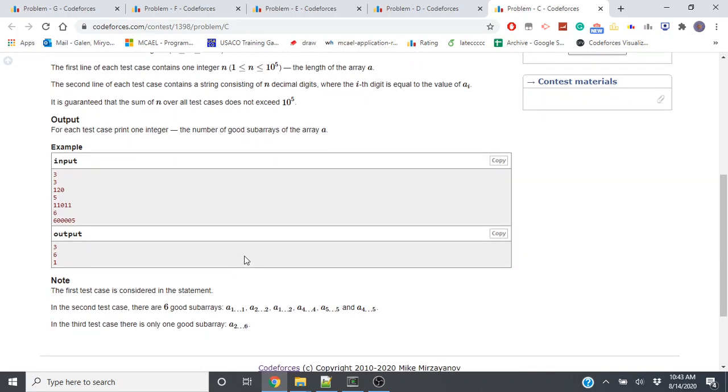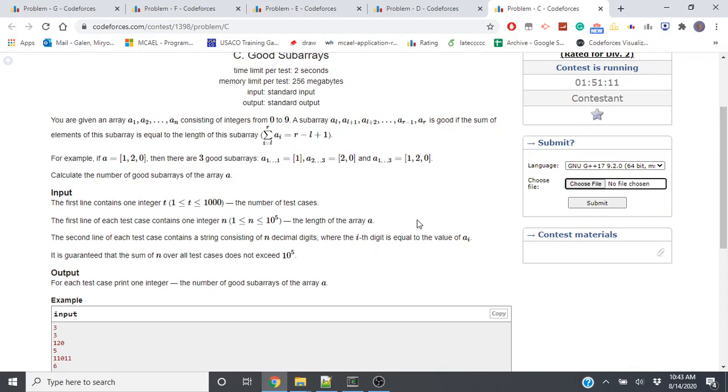So, what? Why would they do it this way? This doesn't really make sense. I'm thinking,